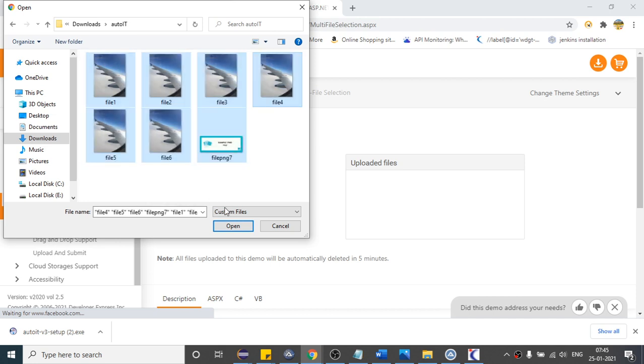Select all, and if I click on open, and if I copy this first, what I am trying to show is, if I copy this when I am selecting all the files,